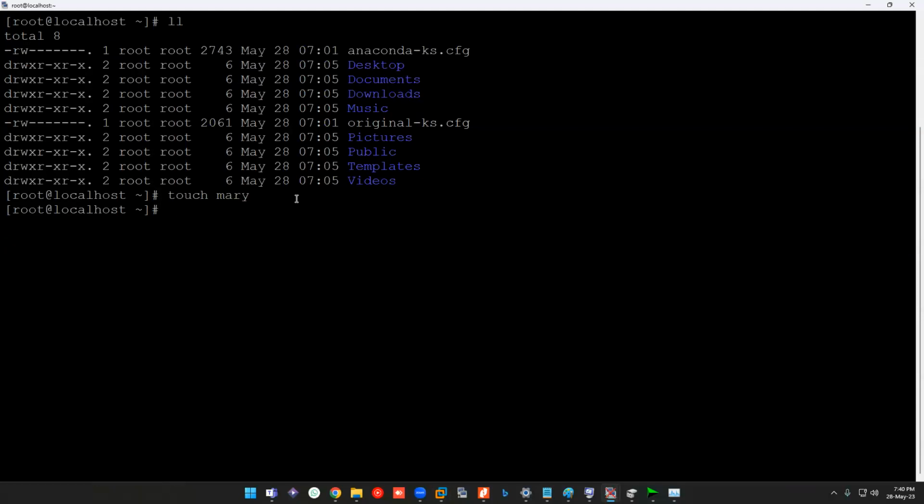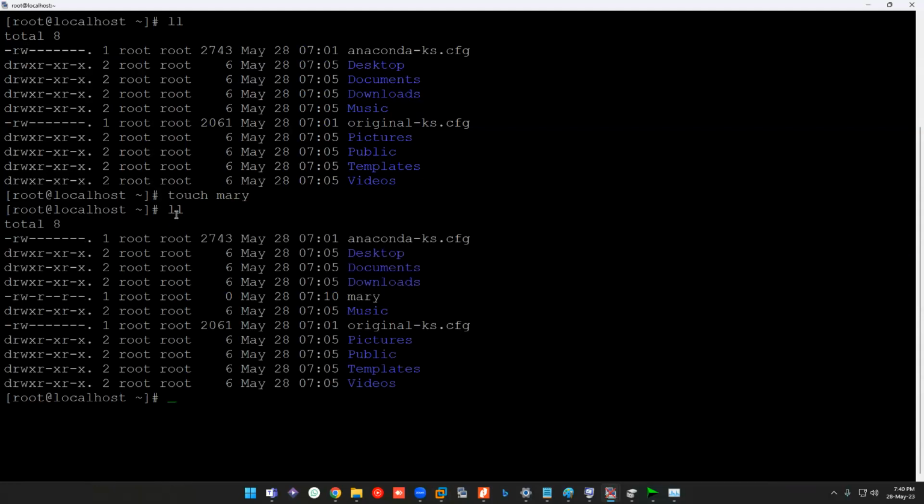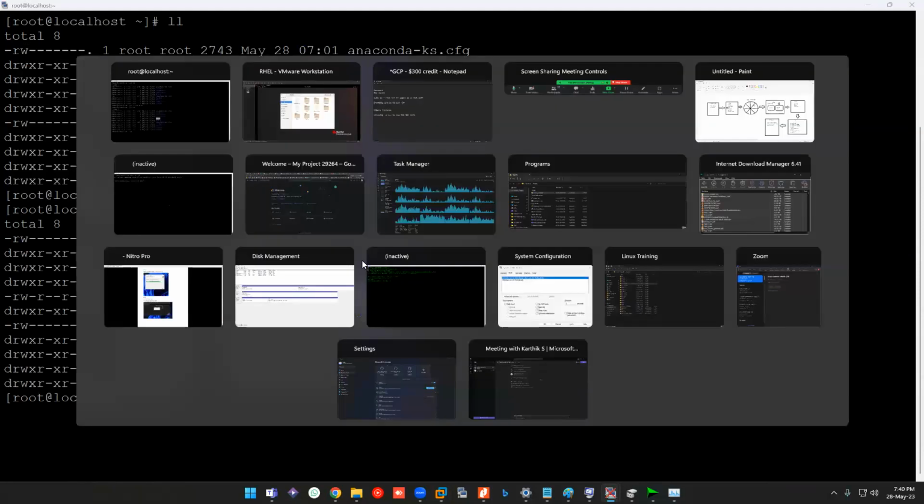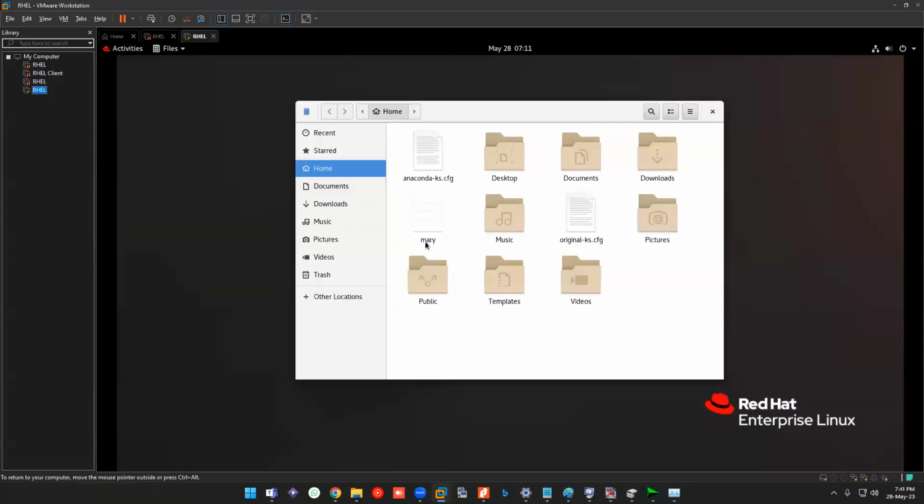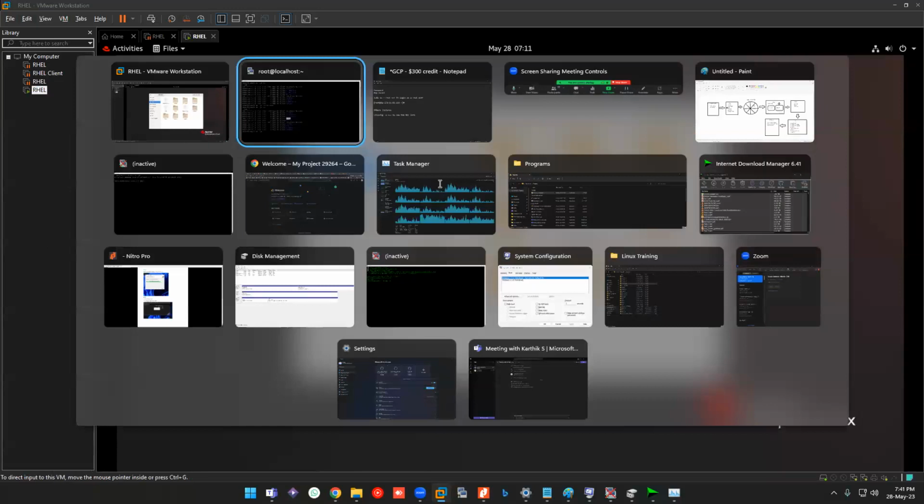If I do ll to list it, you can see Mary is created and it is an empty file. Many would have the doubt whether we are on a different machine. No, we are connected to the same machine remotely. That is the purpose of PuTTY.